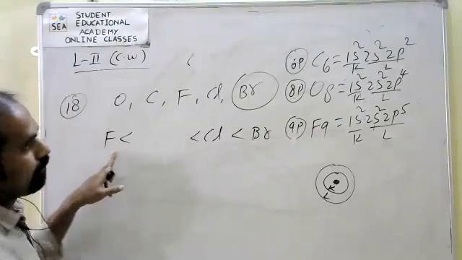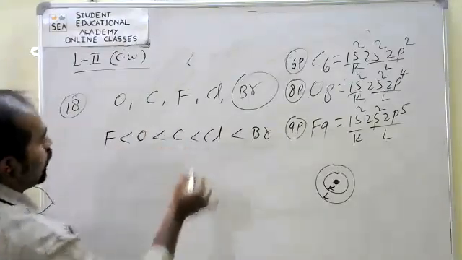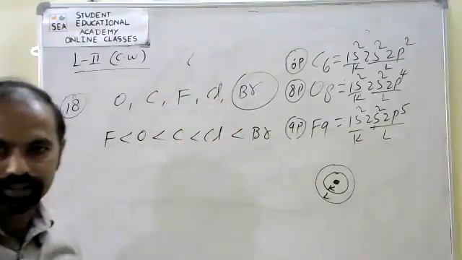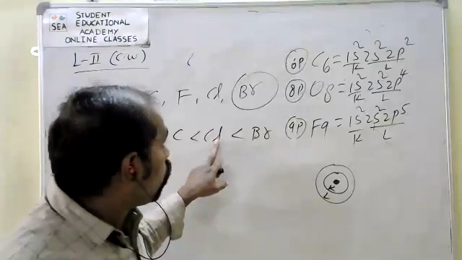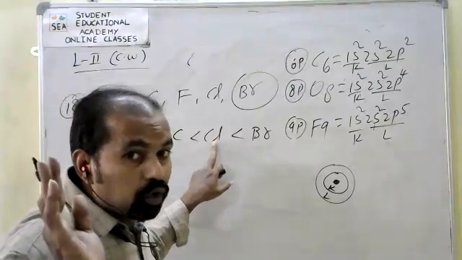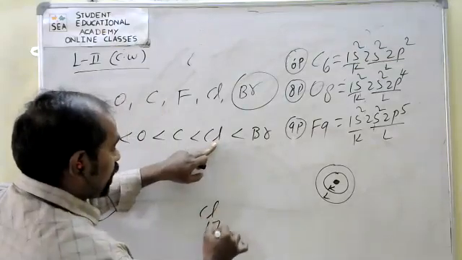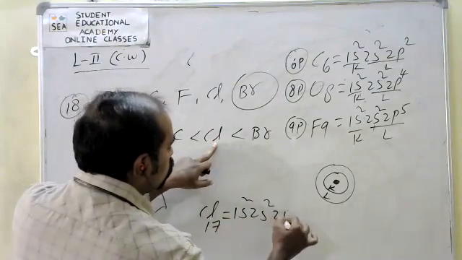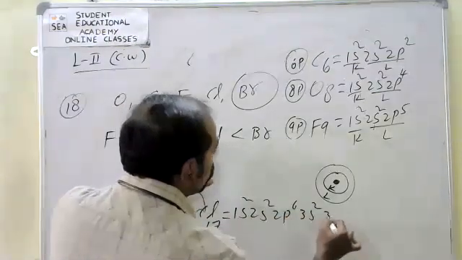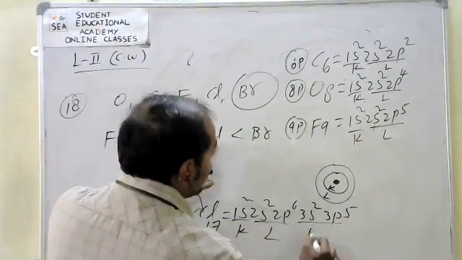Followed by oxygen. Followed by carbon. It is clear? Yes, sir. Okay, here why chlorine, 17 protons, why have you taken it here? Because chlorine is different, 17 electrons. So 1s2, 2s2, 2p6, 3s2, 3p5. Okay, it is K shell, L shell, M shell.